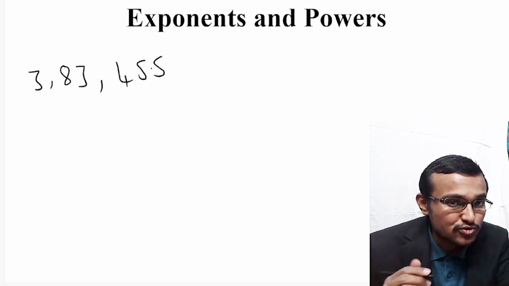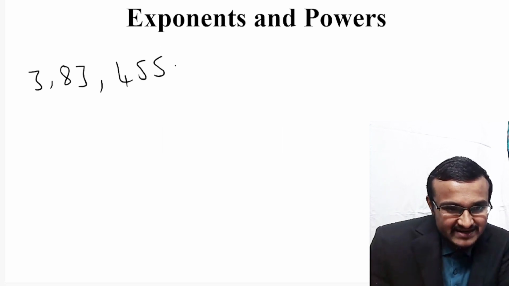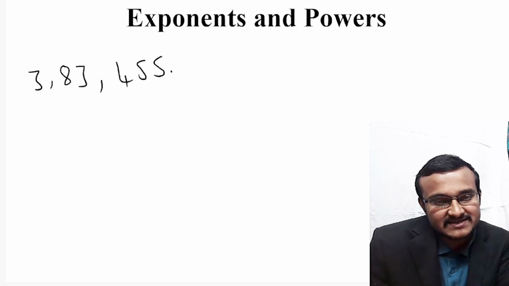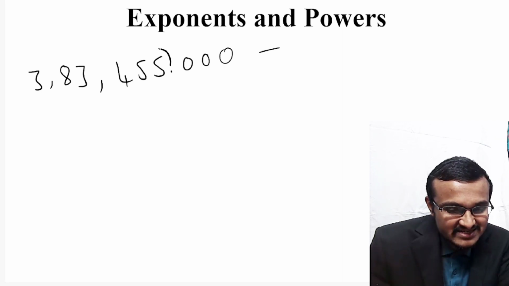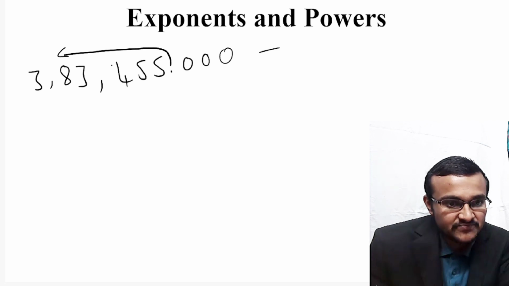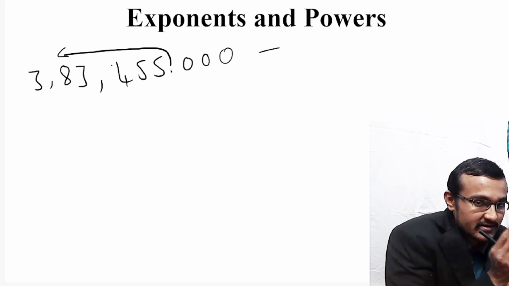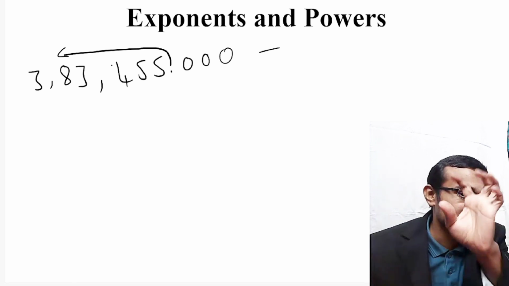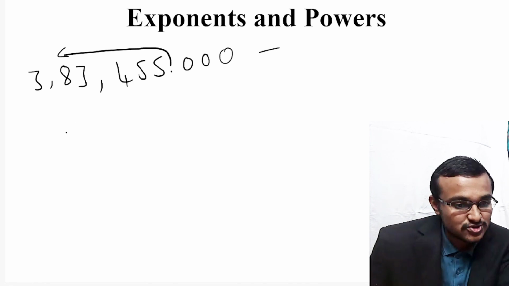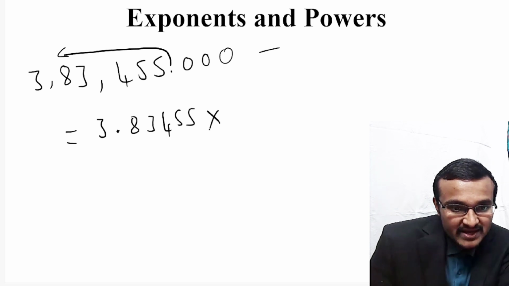So now how to express this particular number in terms of 10 powers? So decimal point is there here, let's say. So after decimal point only 000 will be there. So that means 3,83,455 is the number. So when you bring this decimal point to left hand side like this, after how many numbers you are shifting that decimal point to left side, so that many numbers you should put in the power of 10 and then you should multiply that. So this will be equal to 3.83455 into